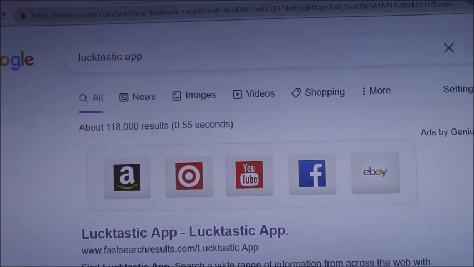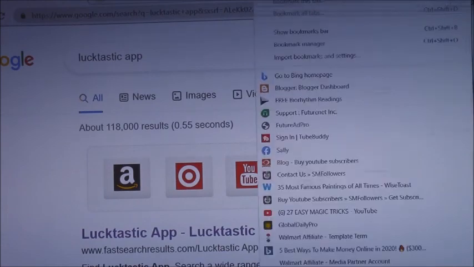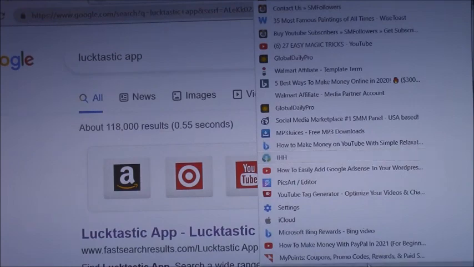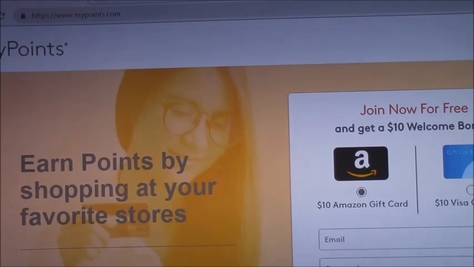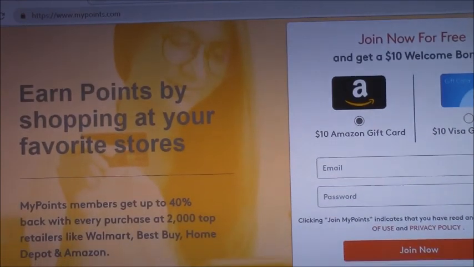I'm looking at the ratings of this one. Now I put this in my bookmarks, and I put my points. Make sure it's this logo, because there are so many My Points apps with a different logo. So make sure it's this one. It says earn points by shopping at your favorite stores. If you go shopping on Amazon through My Points, you get cash rewards through PayPal.